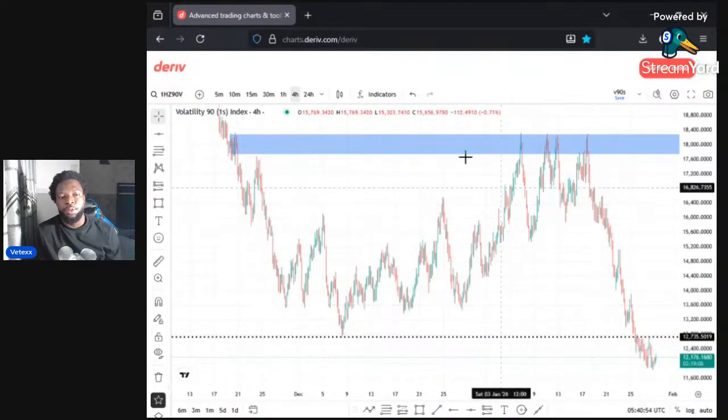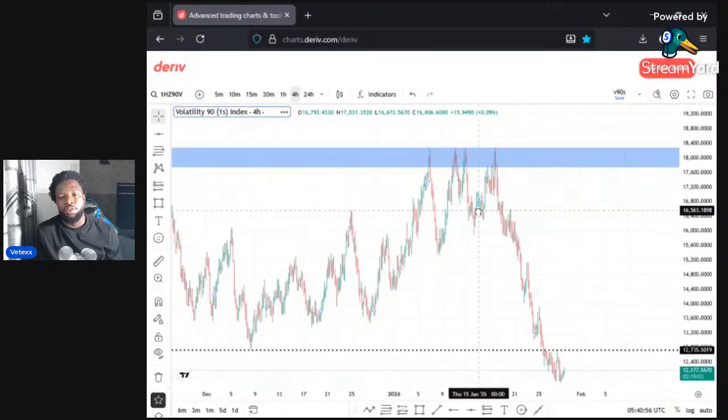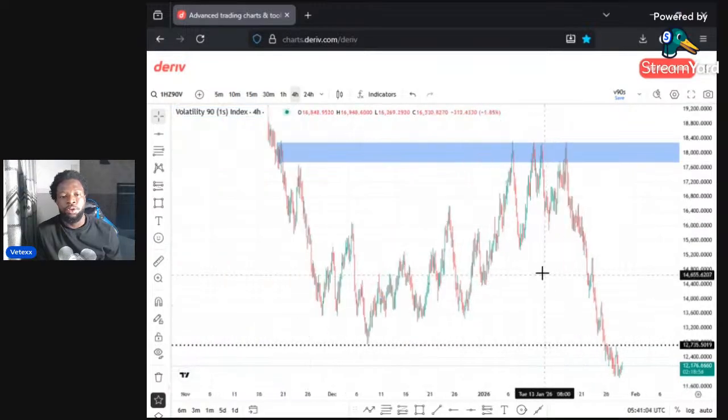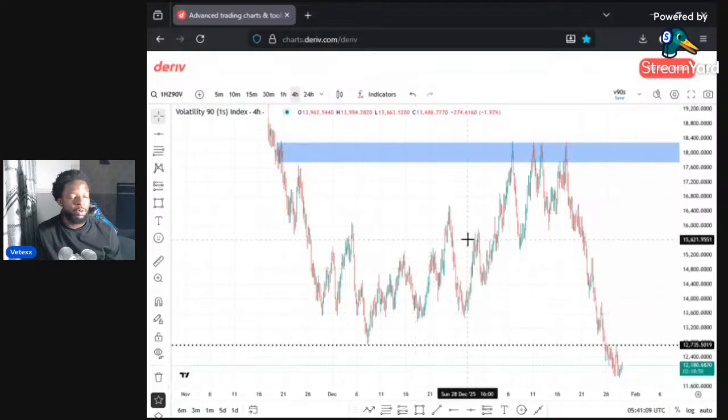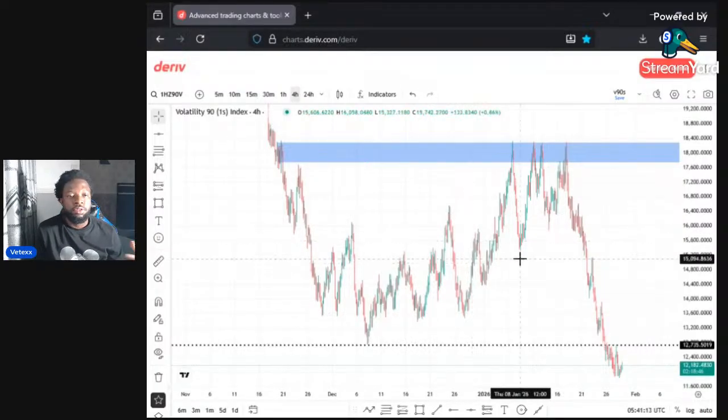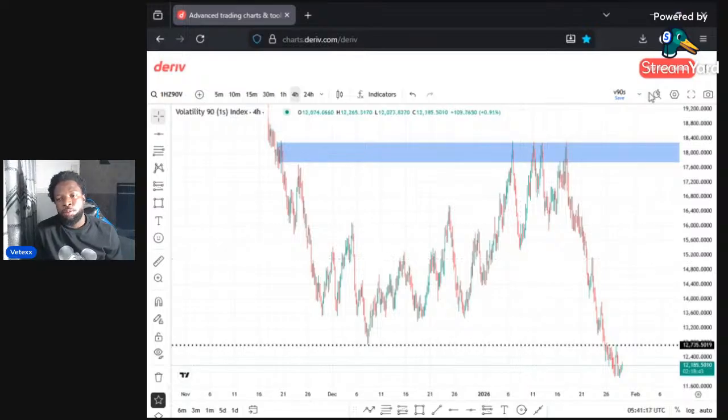So once price taps into this zone on the 4 hour time frame, if you scale down from the 4 hour to the 15 minutes time frame, you will take up to 4 setups before price takes out this target. So that is why it's always good to stick to the higher time frame bias, know where the price is coming from and know where it's going to. Once you understand these two, trading becomes easier for you. Okay. Now let's check out the next pair,